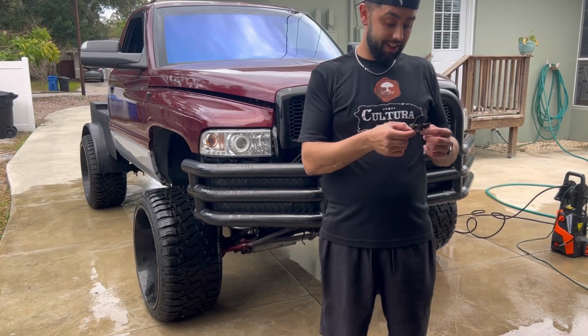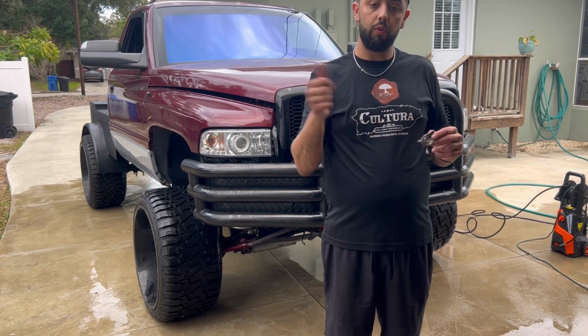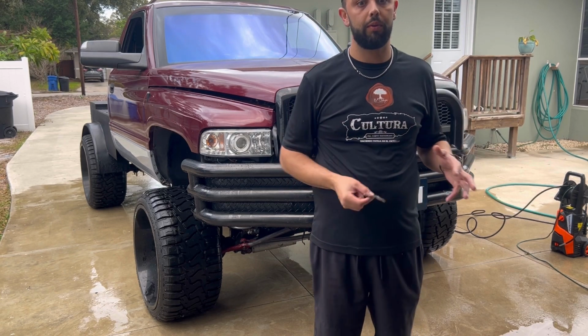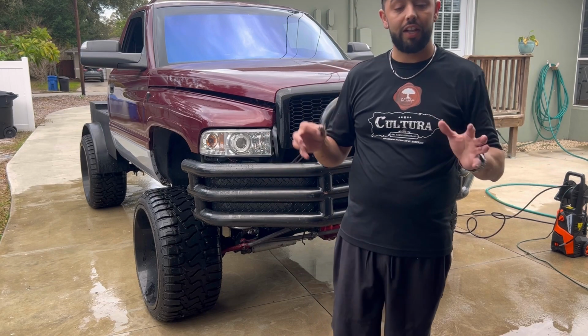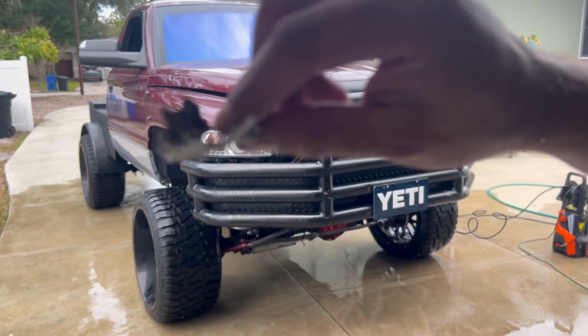So we got that done. It's not perfect. It still has a few spots that we're going to be hitting with the wire wheel before we actually get ready to prep it to paint it. But I'd say a good solid 90% of that stuff is off there. So I don't know if you can see this. This is the